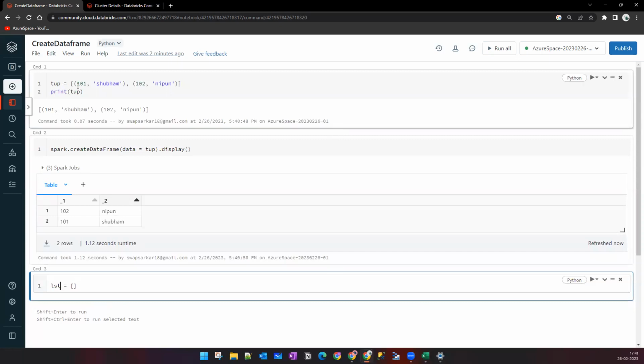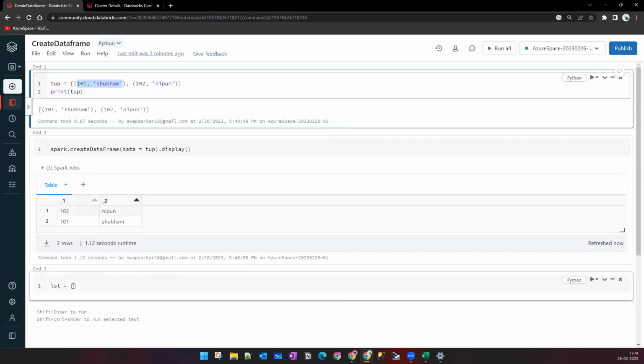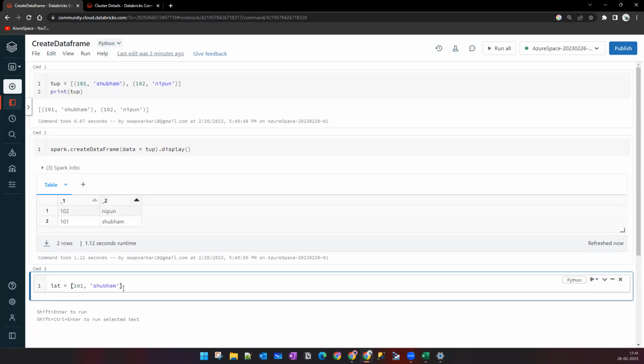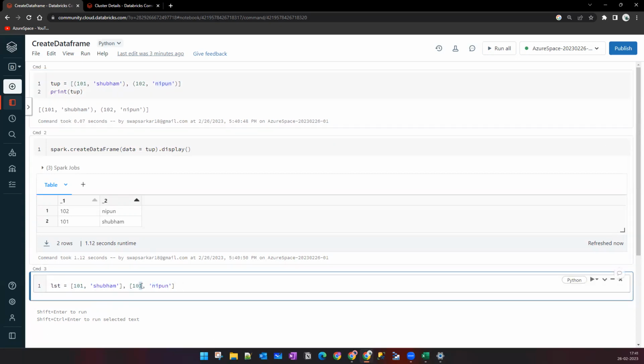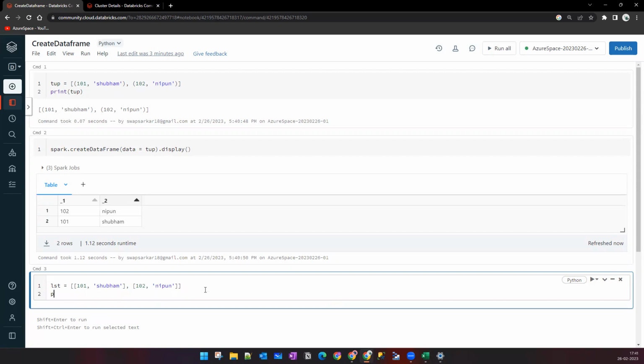So I can pass whatever value I had in the tuple inside this. So this will become a list. I can even pass the second value. Let's say give a comma and this. This becomes 102 and this value. Now, as you know, the data frame always accepts the list. So I have to enclose this also within a list. So this becomes a list of a list. So I just say print this